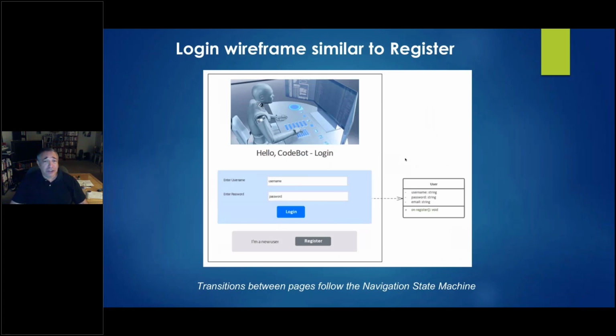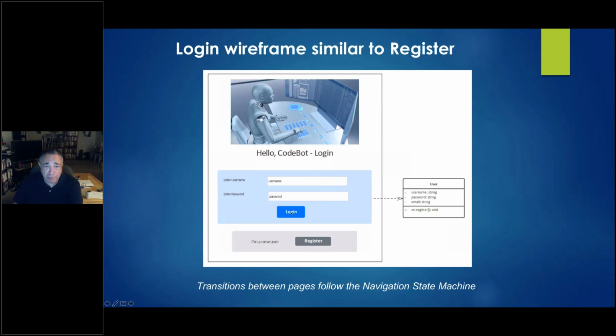So let's go back and take you through the next two wireframes. So this is just kind of a repeat of the register wireframe. So I'll just go through it quickly. This is an image from the assets folder. This is a stylized panel using the primary variant out of our style sheet. This links our identity class from the domain model to the fields on this screen.